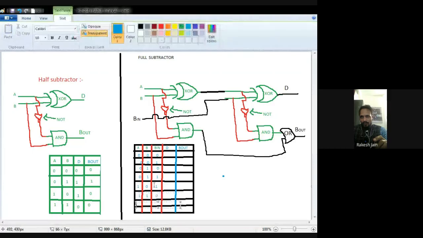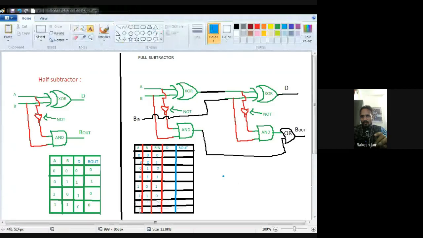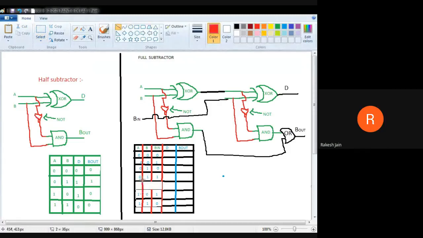2 is 0 1 and then 0, and the last one is 3, that is 0 1 1. Then 5 is 1 0 1, then 6 is 1 1 0.